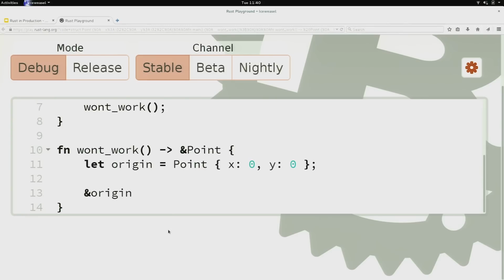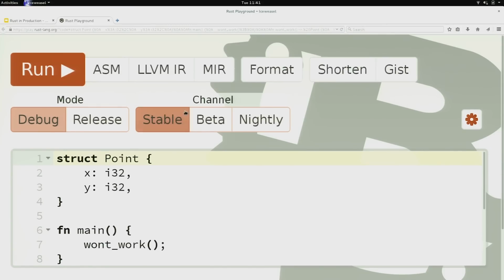And so accessing that pointer is now undefined behavior, and all sorts of bad things can happen, or might not happen. Part of the problem with undefined behavior is that it might do something reasonable for a while, and then only eventually later do something terrible. You just have no idea. But if we try to actually run this, Rust will complain.